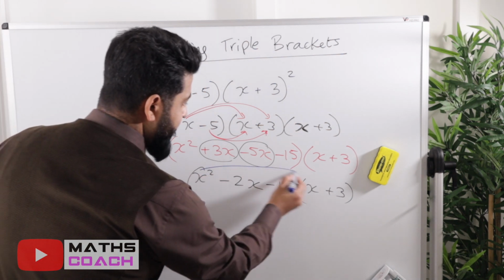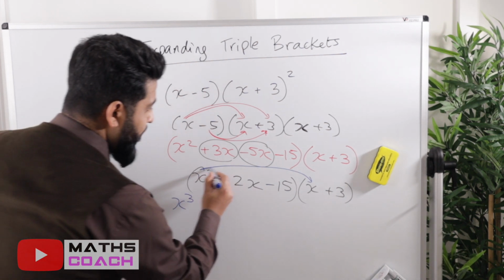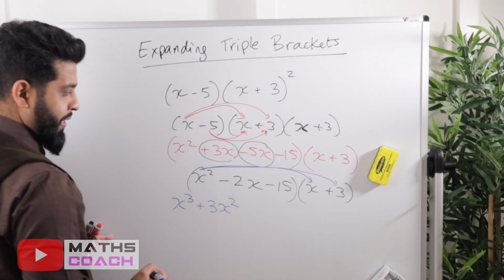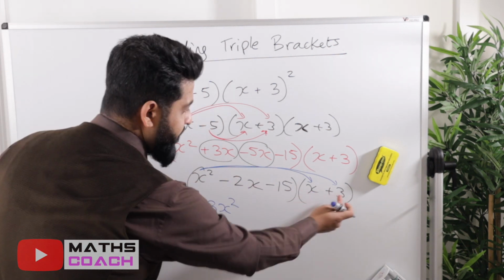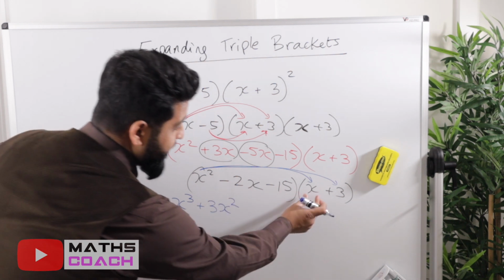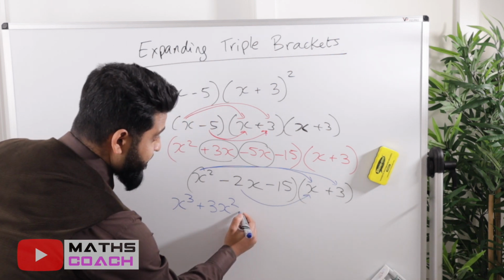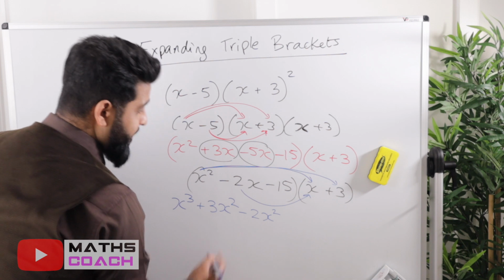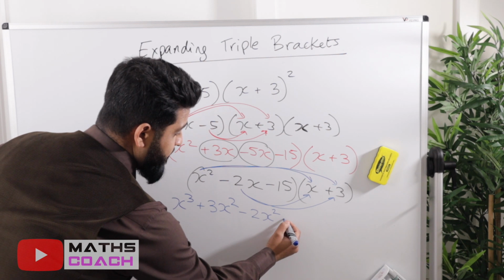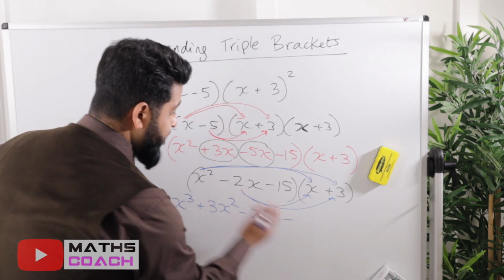So x squared times x is x cubed. x squared times 3 is plus 3x squared. So we've done the first term multiplied with both of those. Now we'll move on to the second term in here. So minus 2x, and we'll multiply with the x and the 3 as well. So minus 2x times x gives us minus 2x squared. Minus 2x times 3 gives us, the sign will be negative because with a minus and a plus, the negative is dominant. So minus